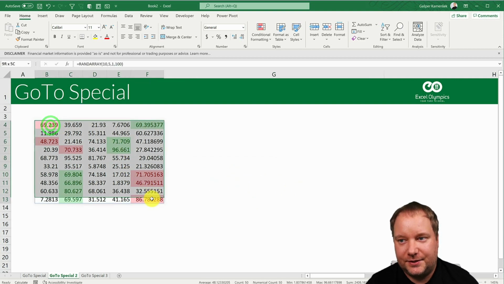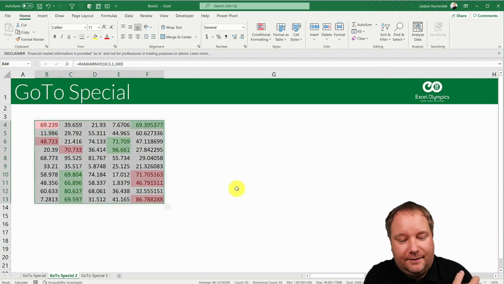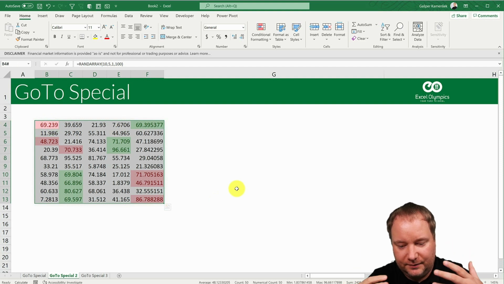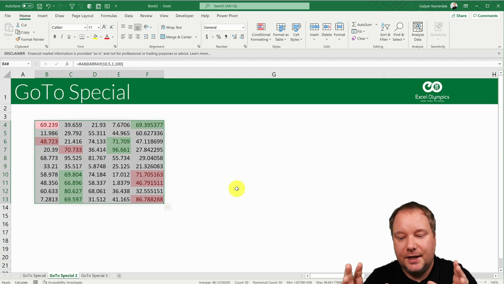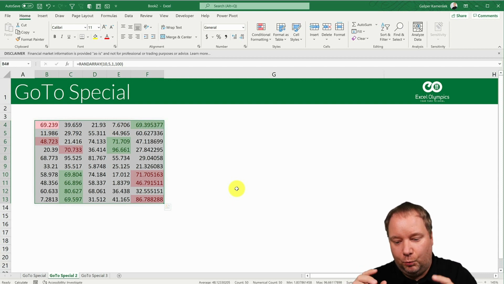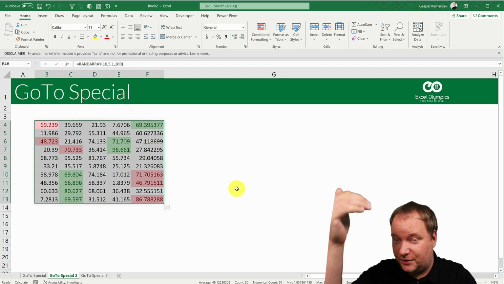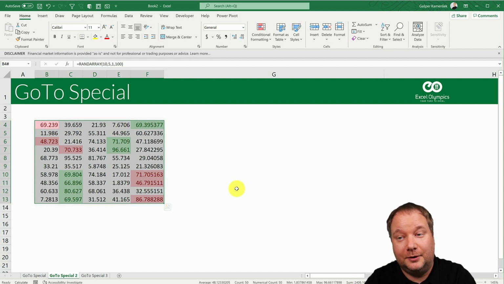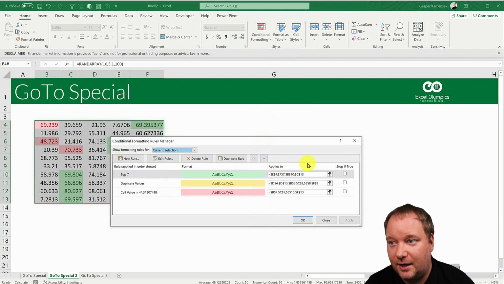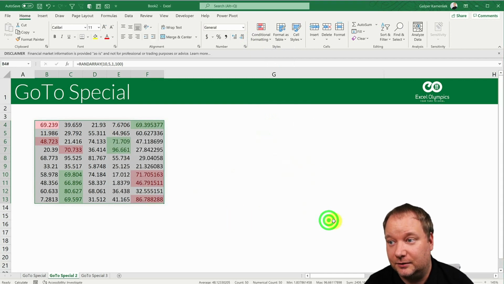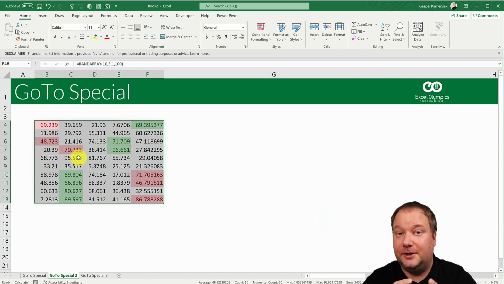But now if I look at this, and this is usually a problem, when you have a giant selection, or if your data is spread for the entire sheet, how do you find which cells have the same conditional formatting rules? And that is important sometimes. You need to know if this column has a single rule, right? And without going into conditional formatting, manage rules, and then checking this out and see if that actually fits the entire column, particularly if you've copied a lot and then you have those split things, what you can do is,